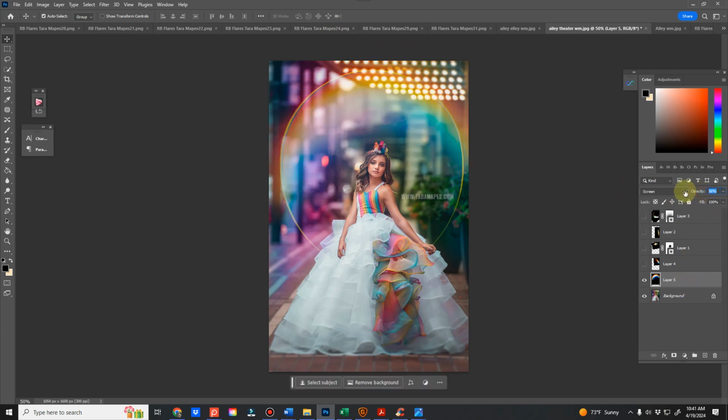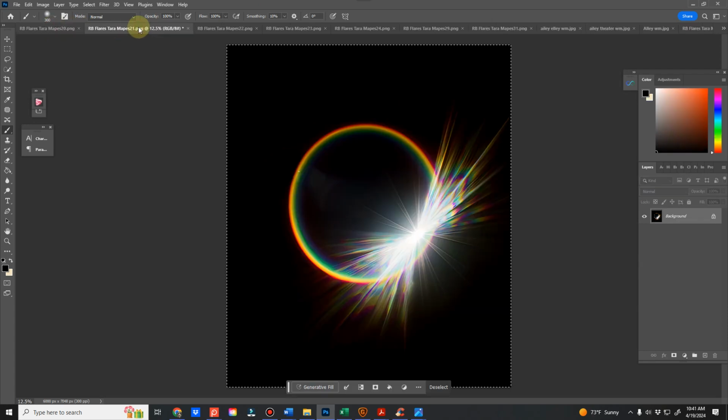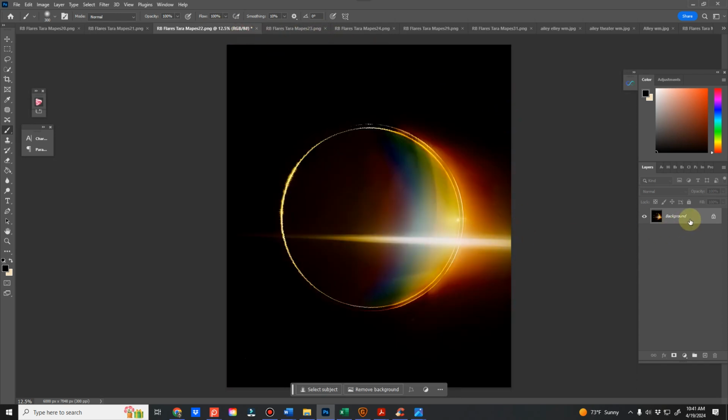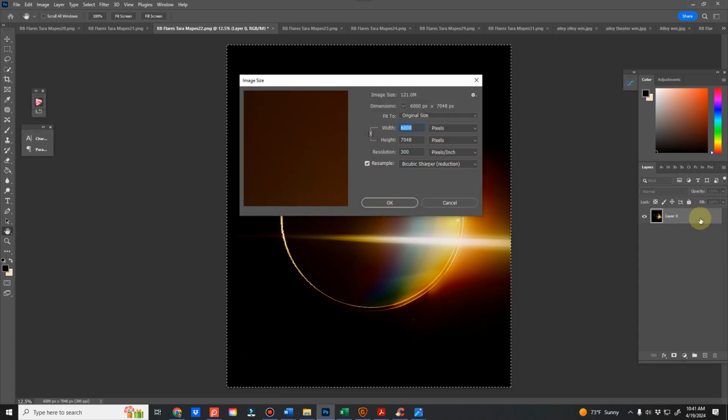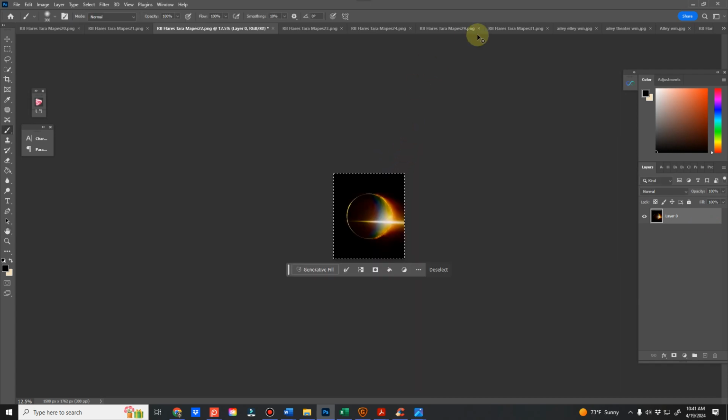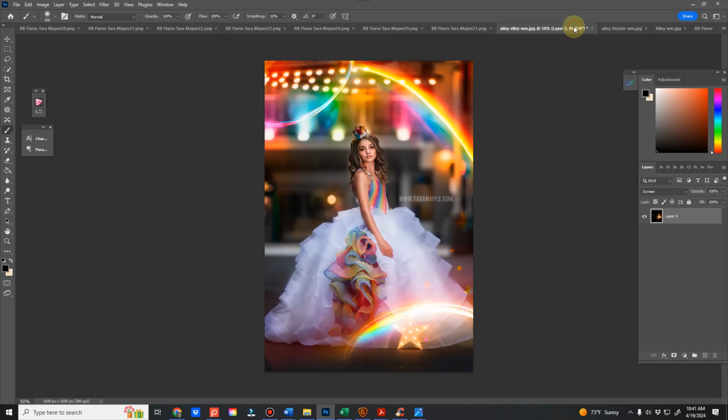And again, you can either reduce that opacity, you can add your mask, and then you can brush it off as you need. And let me try to find one. Well, this is a good one. See how that comes all the way to the edge? When you paste it over and you see that line there, if there's one, oh, here's a good one. Control A, Control C. Actually, so you don't have to go through that again, let me just change the size of this here so you don't have to watch me resize it. Control A, Control C,